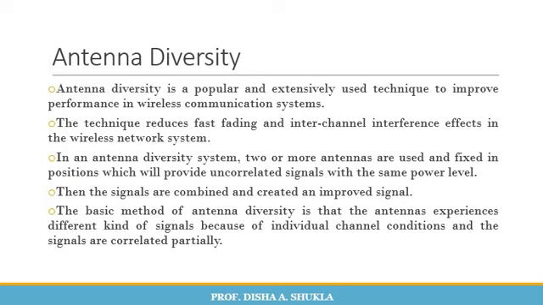Frequency diversity is achieved by transmitting the same narrowband signal at different carrier frequencies, where the carriers are separated by the coherence bandwidth of the channel. And time diversity is achieved by transmitting the same signal at different times, where the difference in time is greater than the channel coherence time, that is, the inverse of the channel Doppler spread. So this is all about what is diversity and what are the different types of